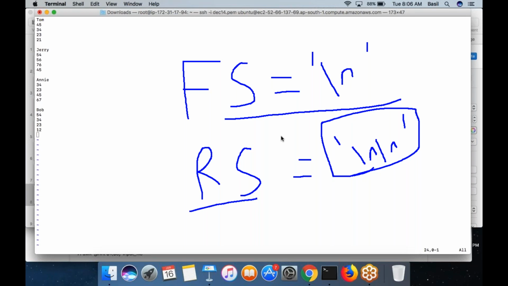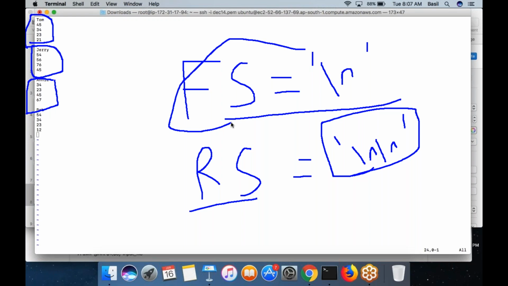So first, awk identifies that whenever there are two lines, that becomes the record separator. So this is one record, then the next record starts, then the next record starts. Awk will know that. And since you set the field separator equal to new line, this becomes the first field, this the second field, the third field, fourth field, and fifth field.